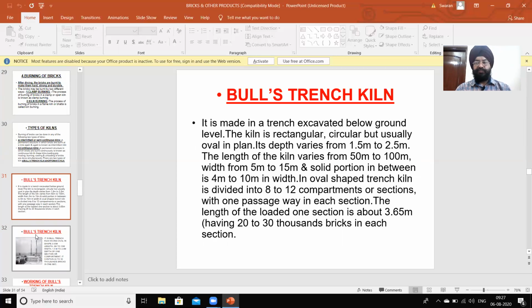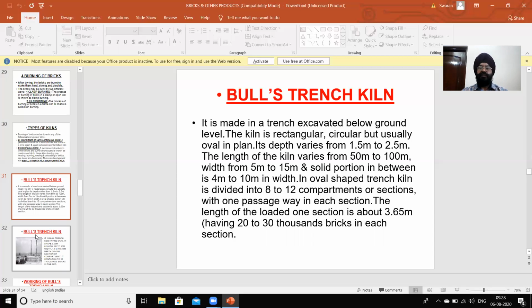Bull's trench kiln is made in a trench excavated below ground level. The kiln is rectangular, circular, but usually oval in plan. Its depth varies from 1.5 meter to 2.5 meter.